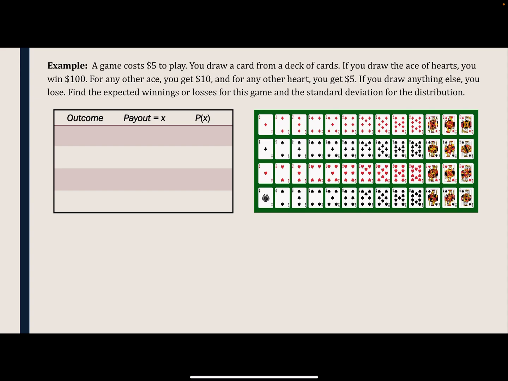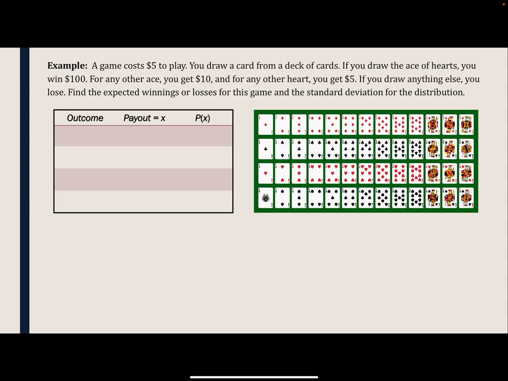So first we want to talk about the outcomes. We have 4 of them here. The ace of hearts, which means that we're winning the most money. Any other ace, any other heart, and then something else. And I've